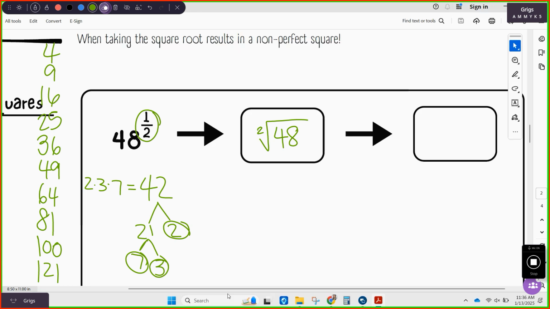Alright, so what we're doing when I'm simplifying my non-perfect square roots is I'm simplifying it down. I'm showing the process. So the first step,